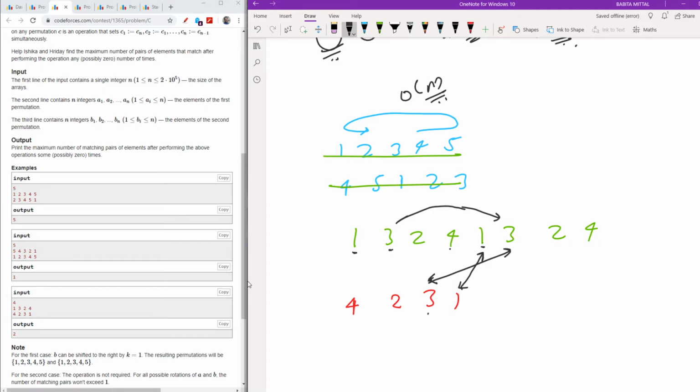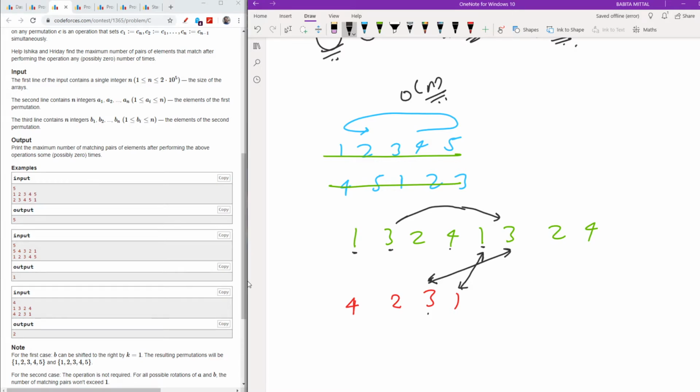Okay, so the 3 will be matched with the 3 here. Let me erase the things below. The 2 will be matched with the 2 here, or the 2 can be matched with the 2 here, but you can say that it can also match with the 2 here. The 4 will match with the 4 here, and can be matched with the 4 here.